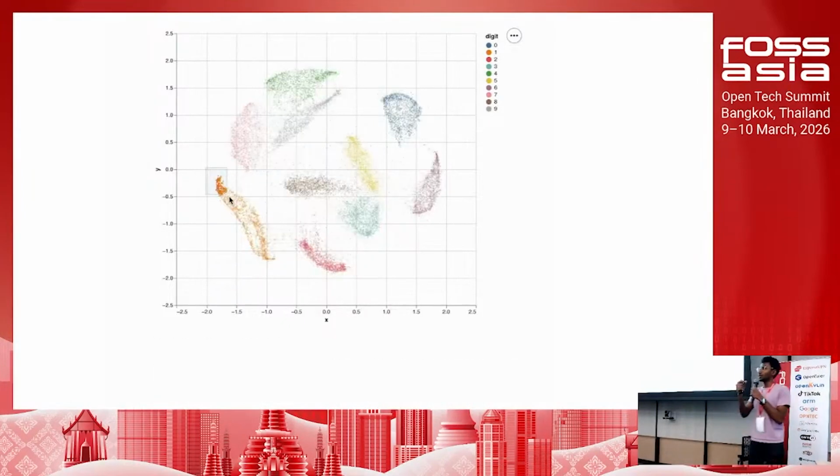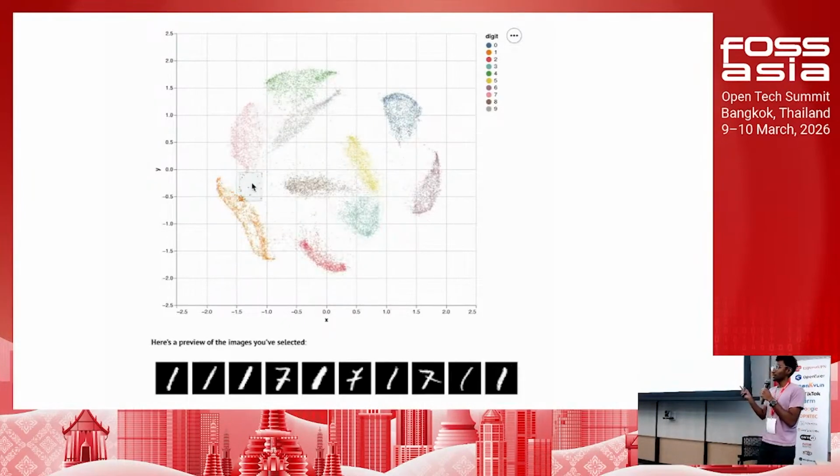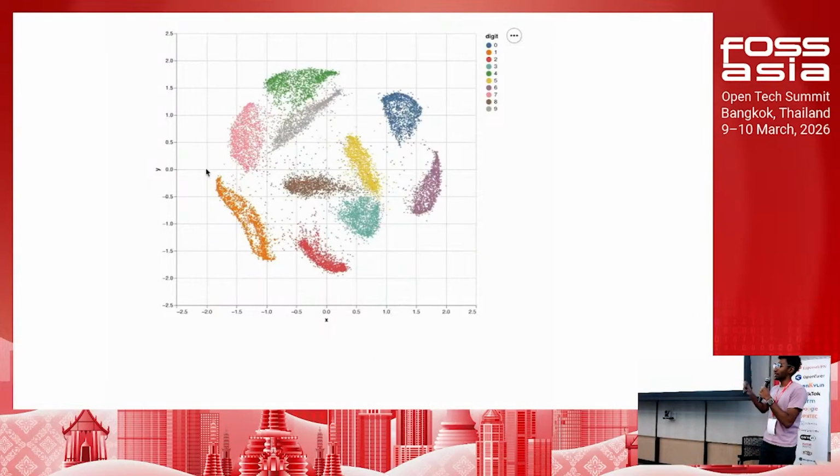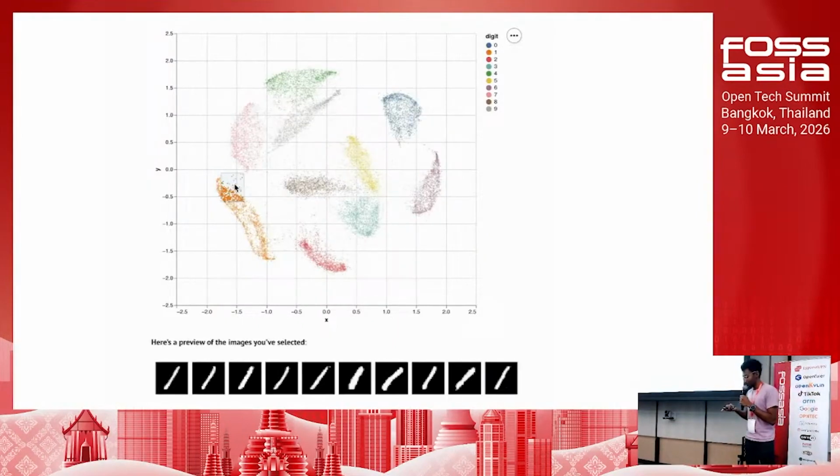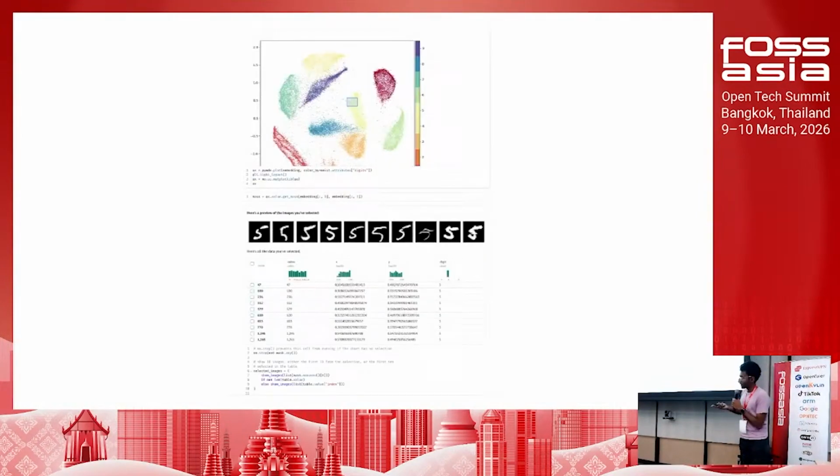And if I want to inspect my data on the chart, I can create a selection. It returns back Python values that feed into the second cell, and I can transform those values, which are numerical digits, and create images. This is the code snippet for it. It's a bit small, but at the top, I create a selection, I get back the value, I pass it into the last cell, and I can visualize the images.